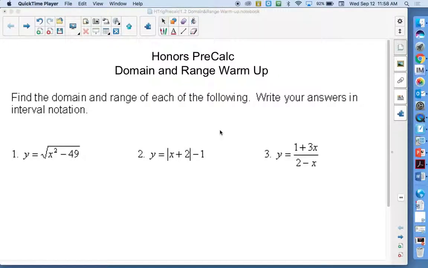Sometimes they don't make a lot of sense. So I was like, what are they really asking for? So before that, though, looking at domain and range. Number one, we have the square root of